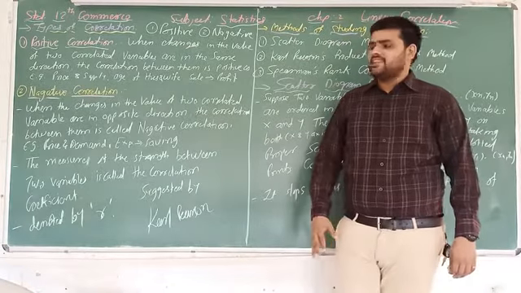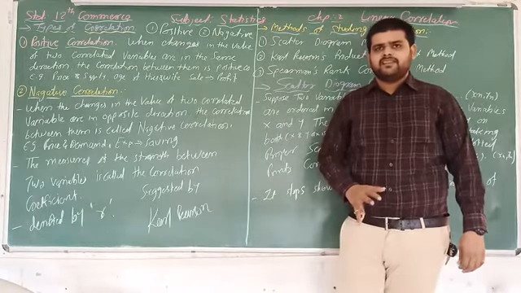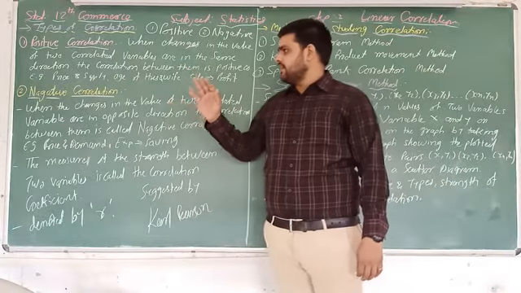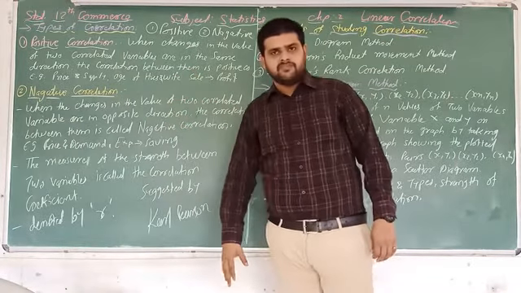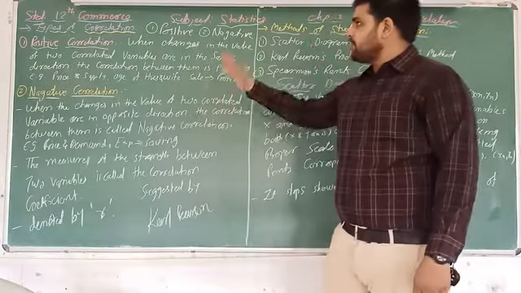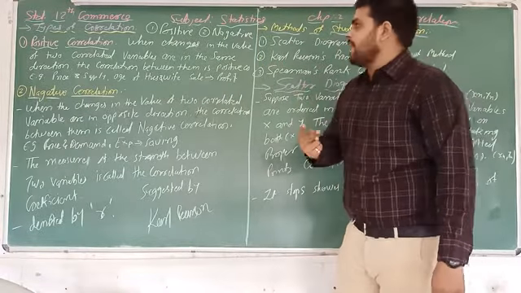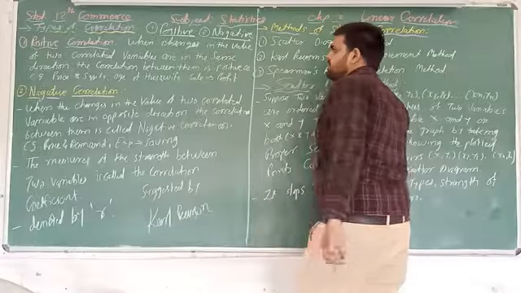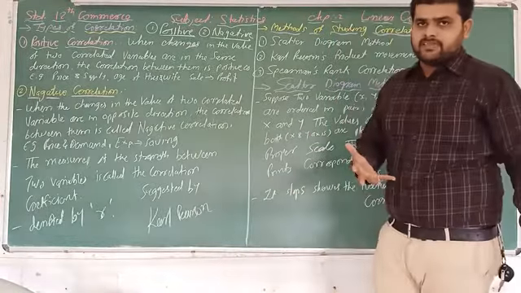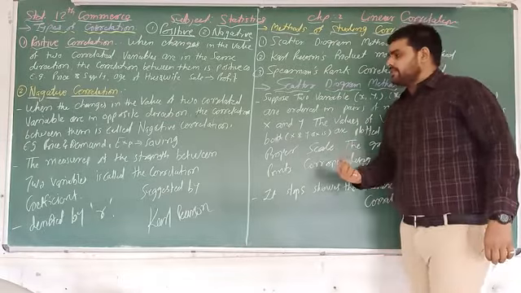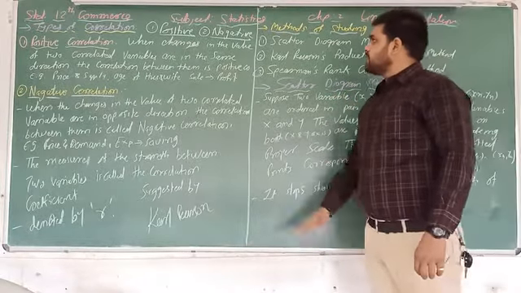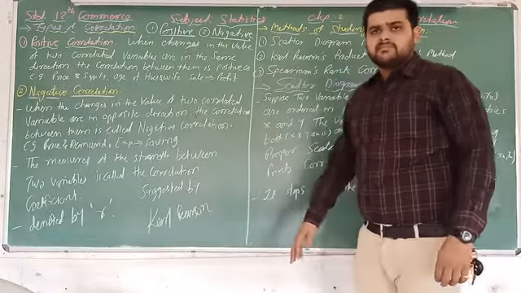So after the completion of the meaning of correlation, now we will discuss types of correlation, then the correlation coefficient. Types of correlation: there are two types. Number one is positive correlation, and the second one is negative correlation. Here we will discuss what is meant by positive correlation and negative correlation, and then certain methods.